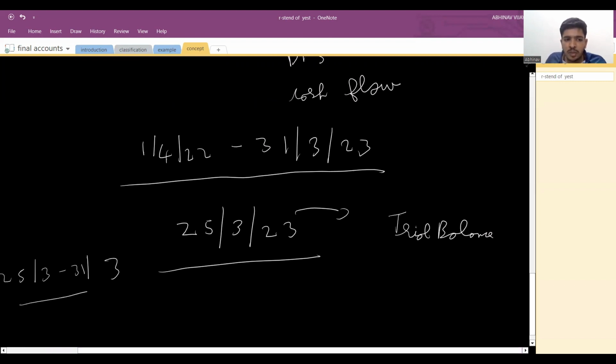But this 6 days impact is not shown, and it's completely wrong. See, we are looking at a very small scale. If it's a big company, say Tesla or Reliance or maybe Tata or JSW Steels, any company, the 6 days of business will be worth over 6,000 crores or more. So at that time, we can't afford to close the books before 6 days and not have any impact on the business. So what is usually done is,